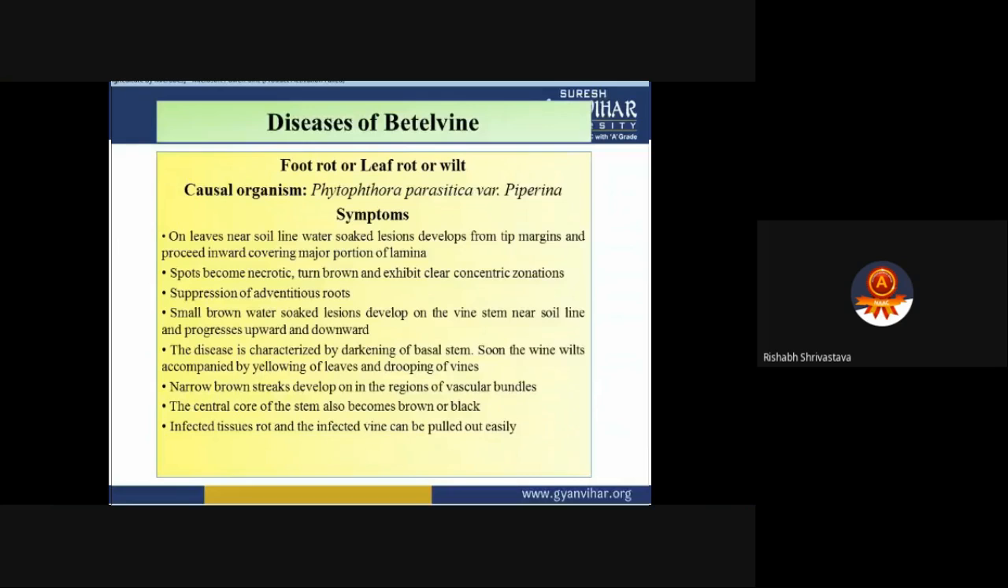Diseases of betel vine: foot rot or leaf rot or wilt, causal organism Phytophthora parasitica var. piperina. Symptoms on leaves near the soil line: water-soaked lesions develop from the tip and margin and proceed inwards covering a major portion of the lamina. Spots become necrotic, turn brown and exhibit clear concentric zonations. Suppression of adventitious roots. Small brown water-soaked lesions develop on the vine stem near the soil line and progress upwards and